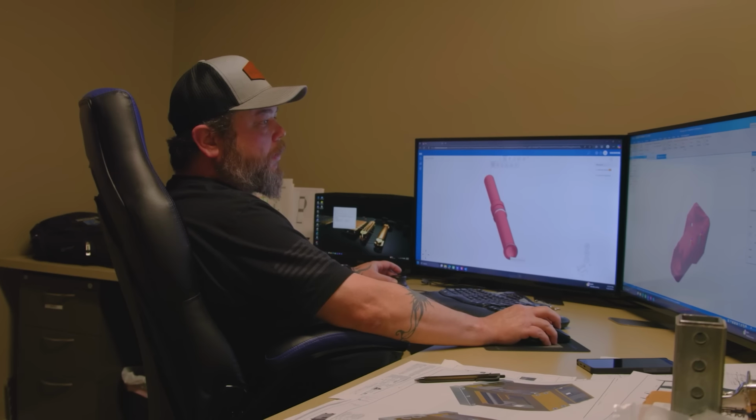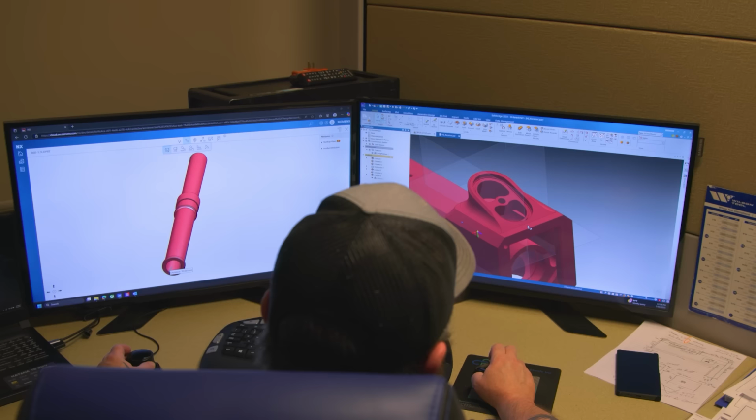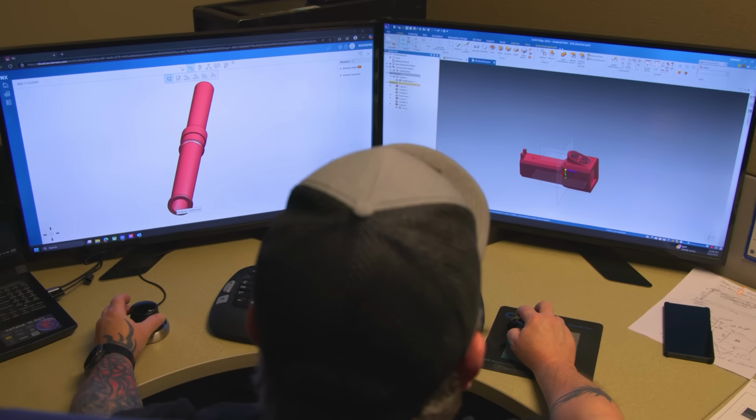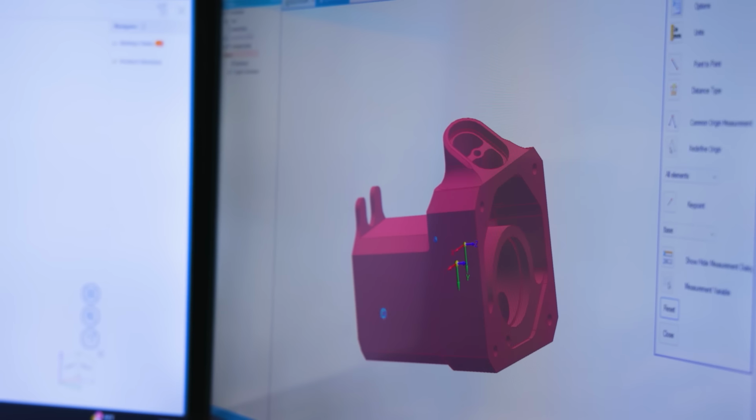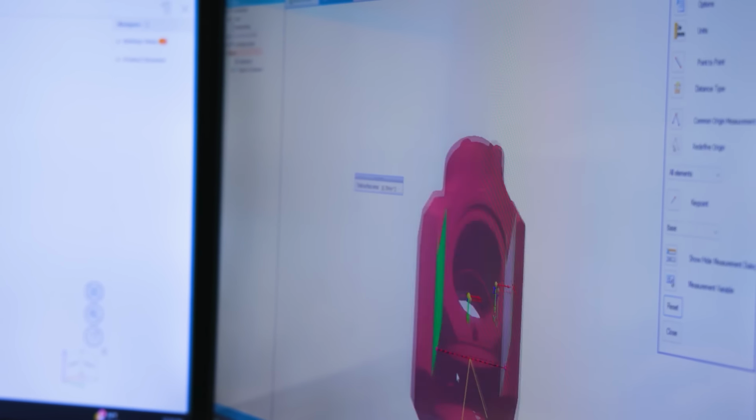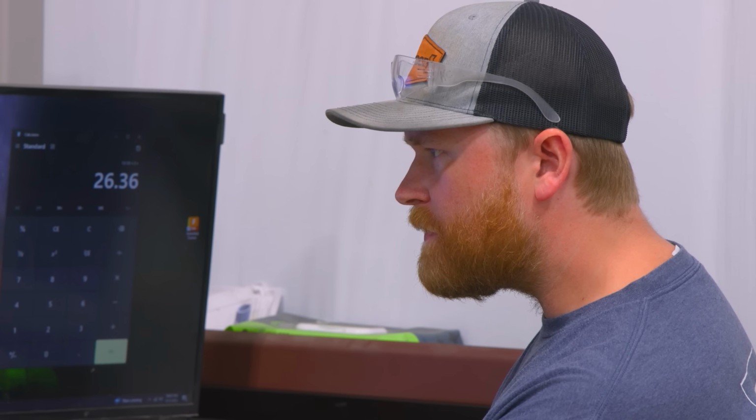It gives us all the capability of 3D mock-up and looking at it, and we can share it around the whole facility, and we can share it back and forth with customers. They can open it up and see it in 3D and rotate it, edit certain parts of it, and really see more than just what's on a 2D print paper. It's a great tool to have.